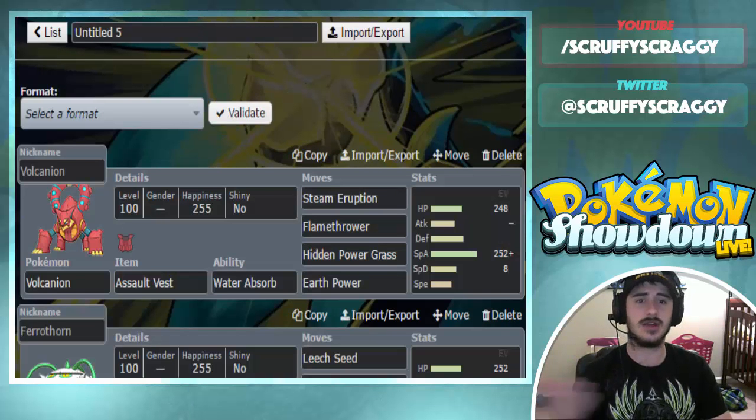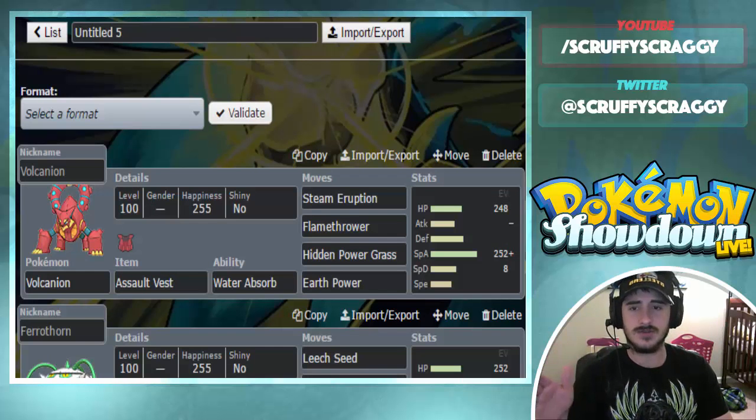Hey, there's shows on my teams. I don't know why I didn't do that earlier. Anyways, so we have Volcanion here. It's an Assault Vest variant with Steam Eruption and Flamethrower, Hidden Power Grass, and Earth Power. Hidden Power Grass is for those Ground types that want to come in, even though I have Steam Eruption, but if it comes into like a Quagsire or a Swampert, something that is 4 times weak to Grass,